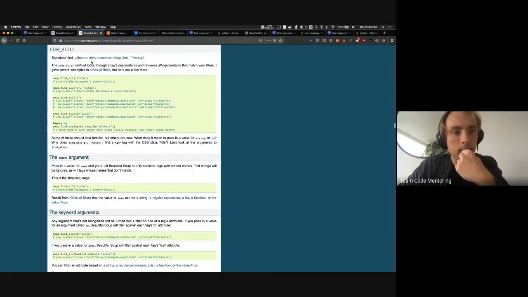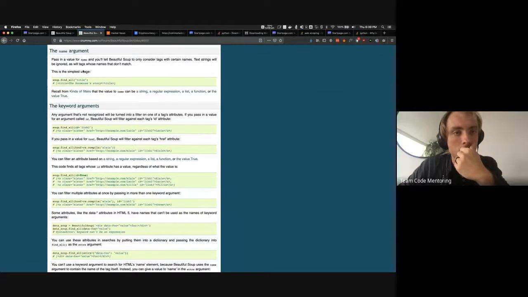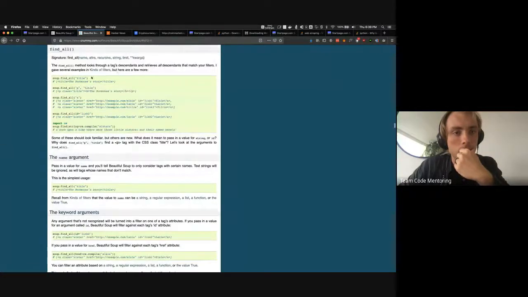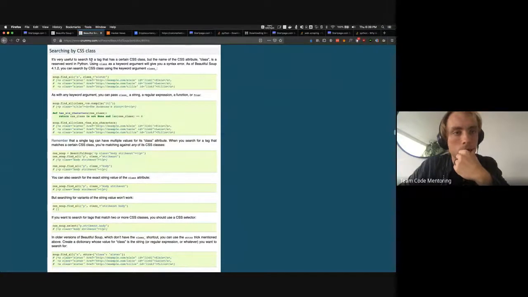It's a little bit confusing. So name, I think it's the tag name. Yep. Attributes. Searching by CSS class. How do you go deeper into the